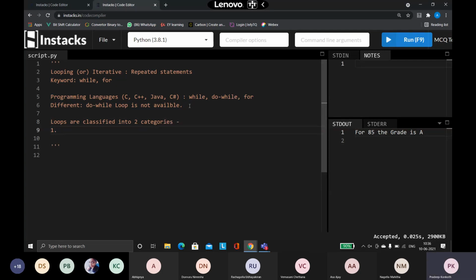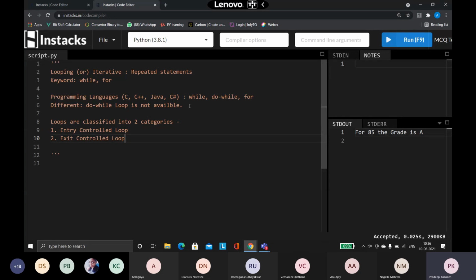The first one we call an entry controlled loop. The second one we call an exit controlled loop. So we have an entry controlled loop and an exit controlled loop.